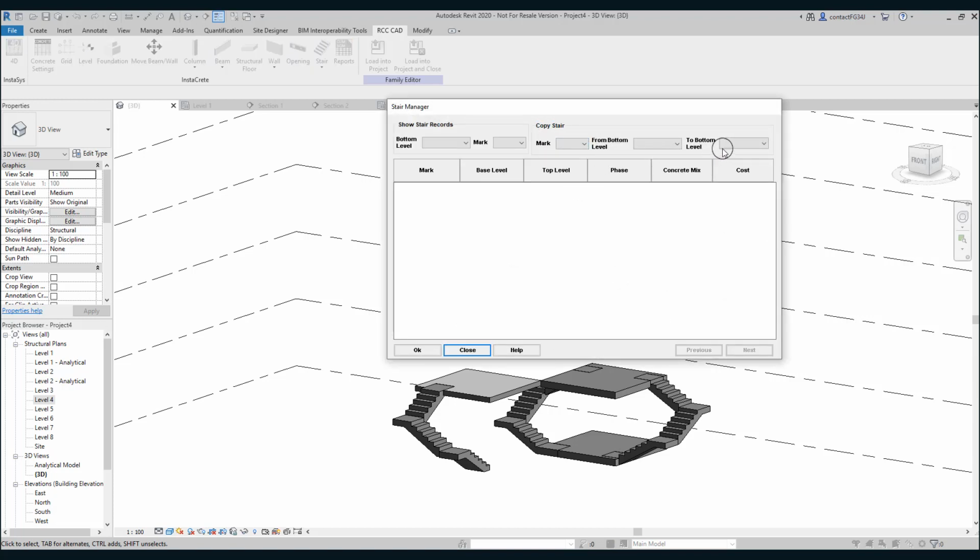So in this region, this rectangular region is used to copy the stair. Click this mark text box. Here you can see all the stairs are listed. I am going to copy this STA1 stair. So select this,